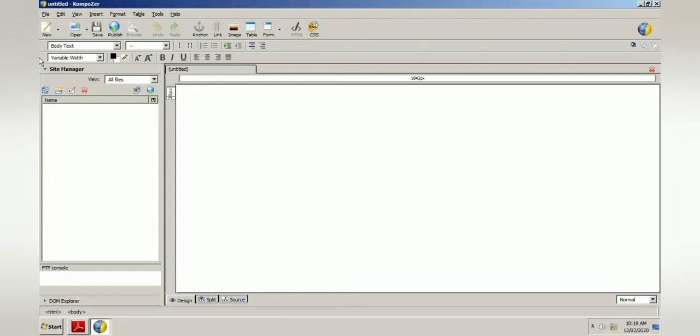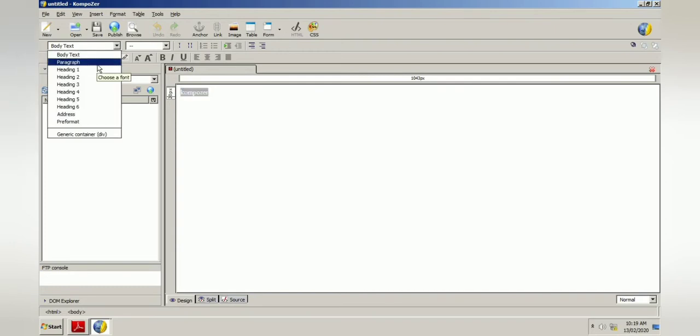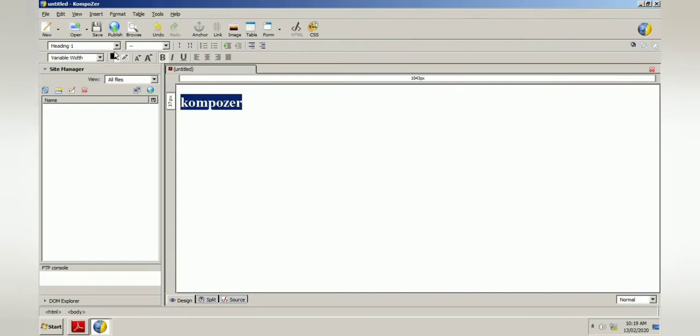Then after that, format toolbar 1. Format toolbar 1 is just below the composition toolbar, and it is used to format the paragraph. It is also used to create ordered and unordered lists as well. Suppose here we are writing "composer". Now if I want to format it, I can format it from here. See which paragraph format I want, heading 1, heading 2. So this formatting I can apply from here.